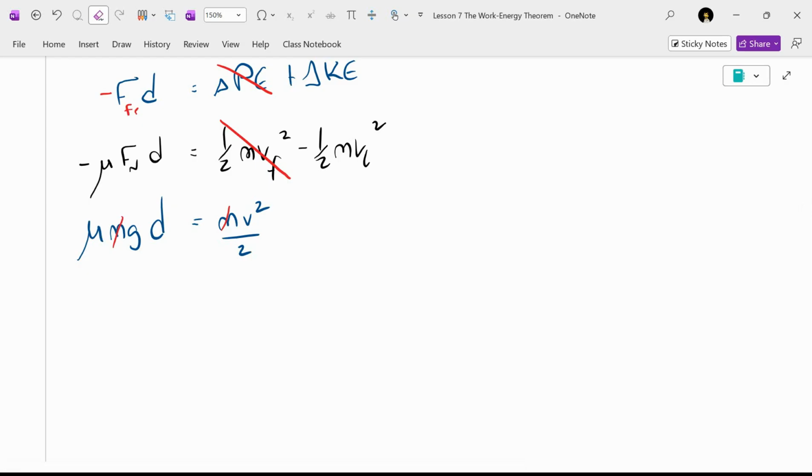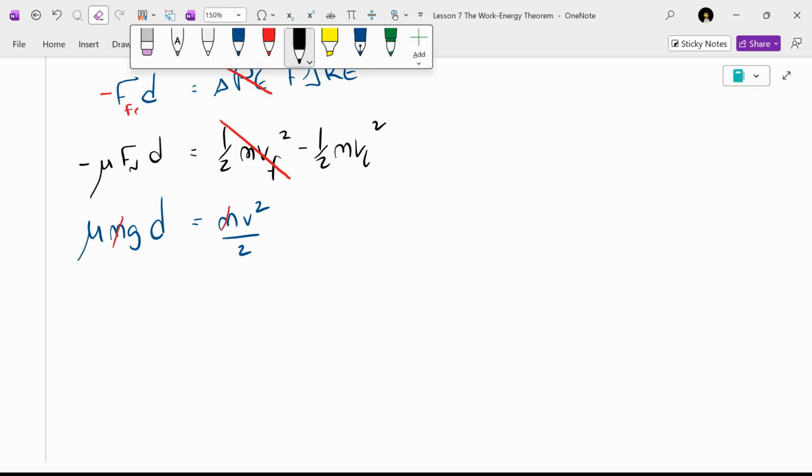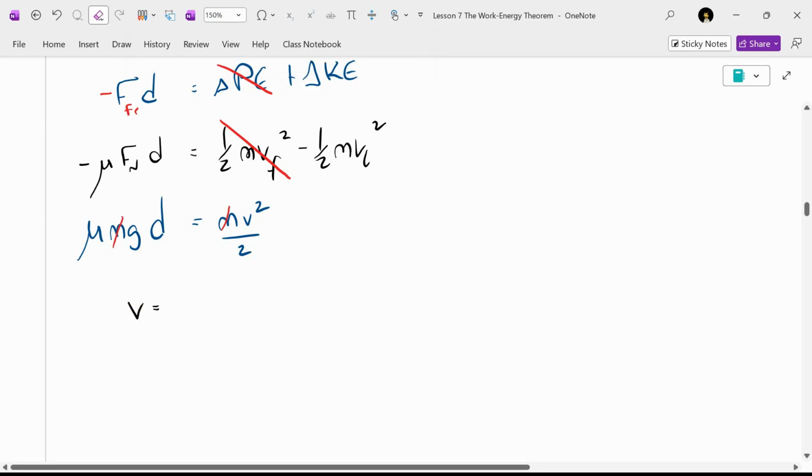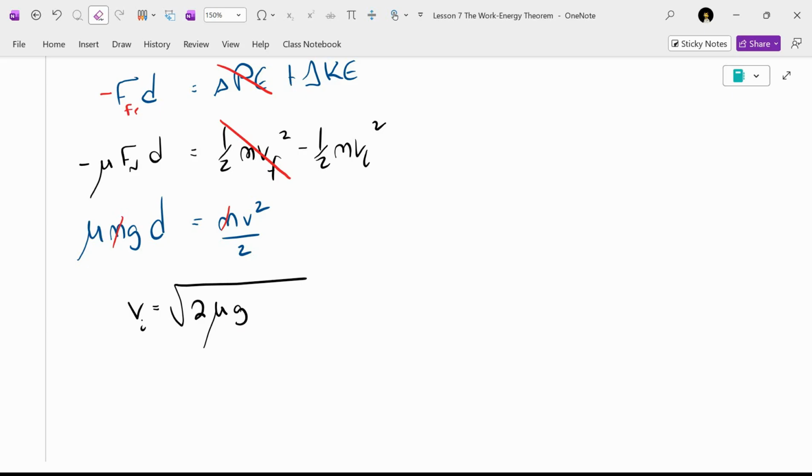Nathan, get the v by itself. How will I move the 2 over? How will I get rid of the squared? I suspect this is an equation that an RCMP crash investigator has memorized the same way you've memorized the 9.8. Your initial speed is the square root of 2 mu g d. It's going to be the square root of 2